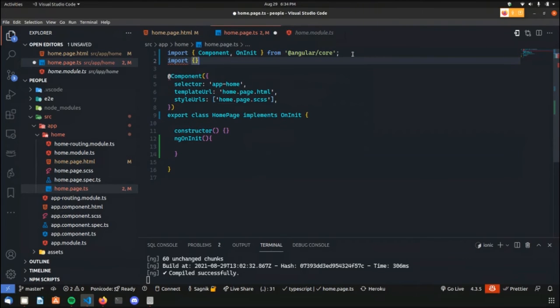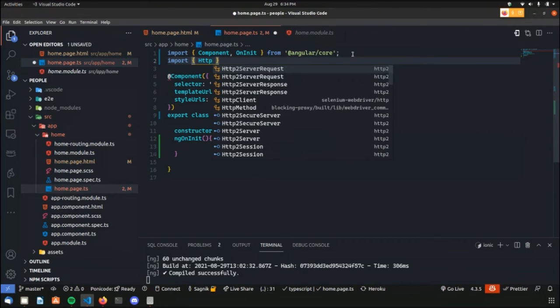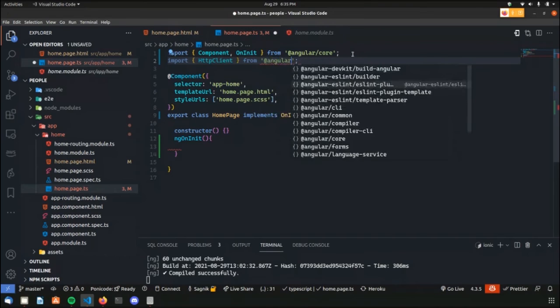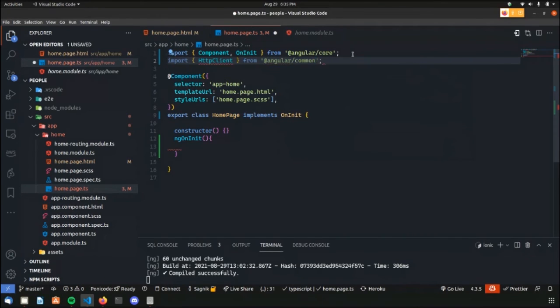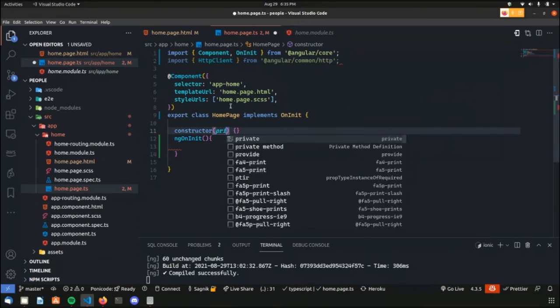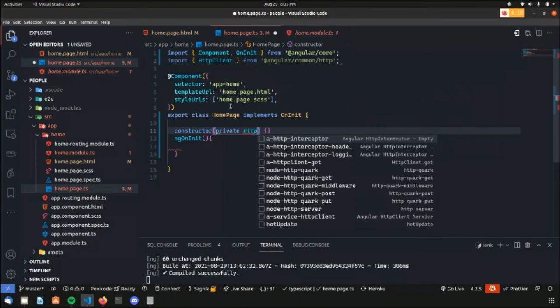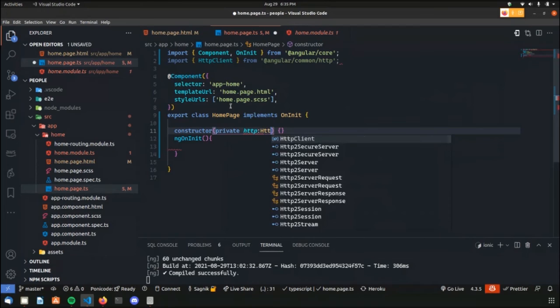So for importing it, give it inside curly braces here, HttpClient, not from this package. And I have to create a variable for it inside the constructor. Create HttpClient.